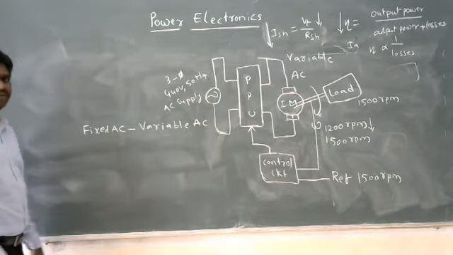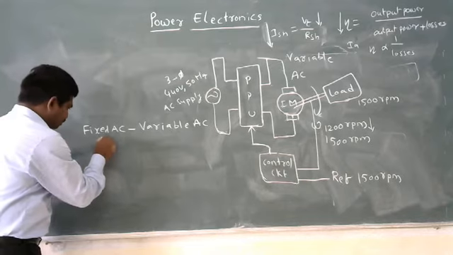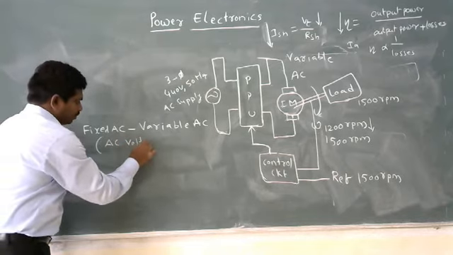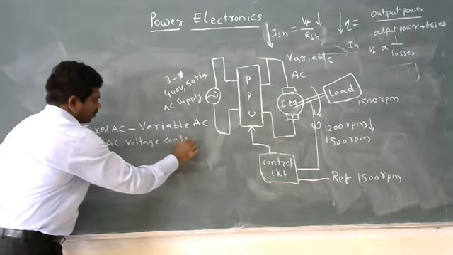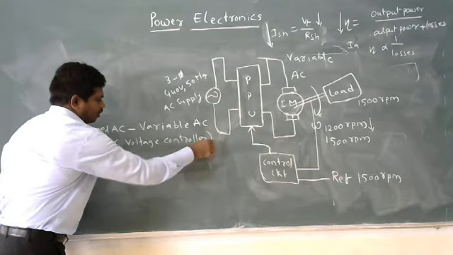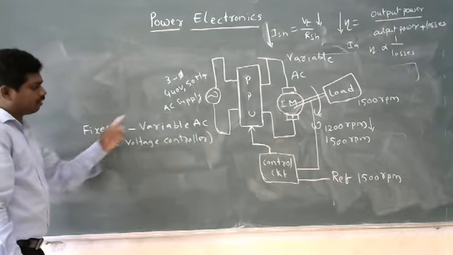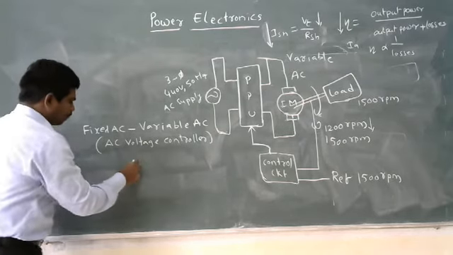This is one type of power modulator, and we can say this one is the AC voltage controller. Another name for the fixed AC to variable AC converter is AC voltage controller